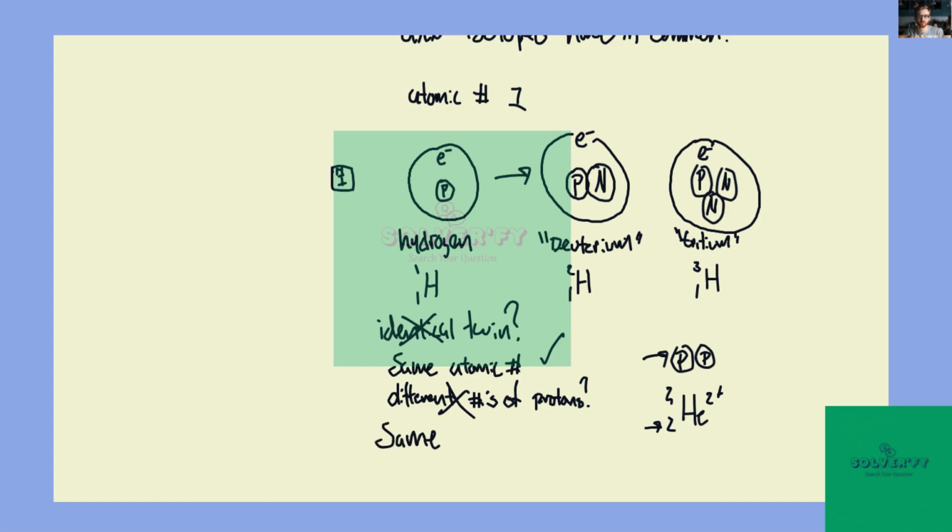Finally, same number of neutrons. Well, no, we can see from the sketch that that's not true, right? Hydrogen and deuterium don't have the same number of neutrons, neither deuterium and tritium or hydrogen and tritium. In fact, keeping the number of protons the same and changing the number of neutrons is exactly what gets us new isotopes. So this is also not true. So the answer then is just same atomic